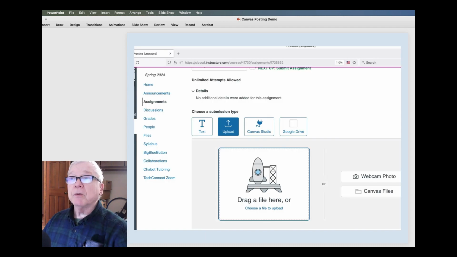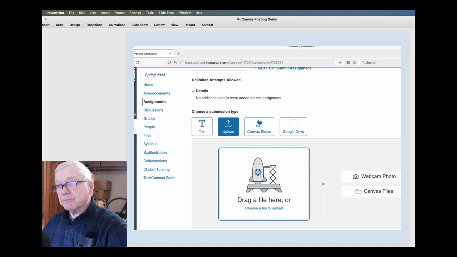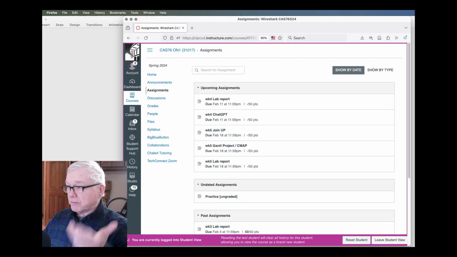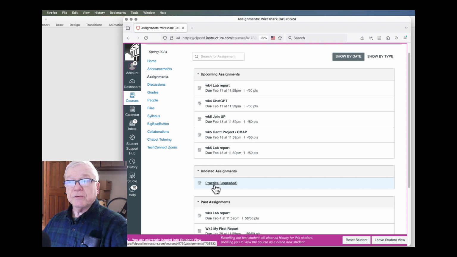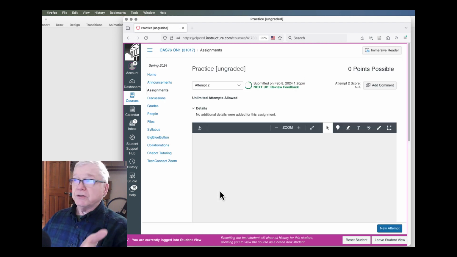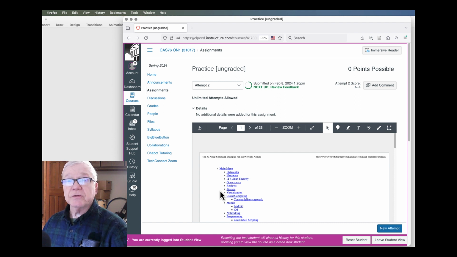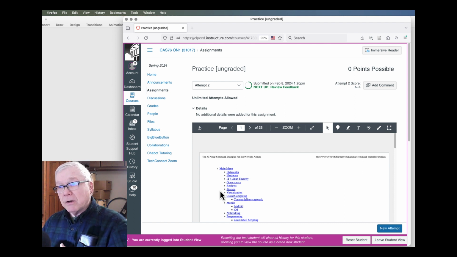So first, uploading a file as a submission. So I'm over here logged into Canvas. I'm using the student view, so I'm seeing, okay, here's the practice site, ungraded. Nobody's used this yet, which I'm kind of surprised at because some folks have had trouble doing some things, and obviously there's a lot of information there on the Chabot website under student information for Canvas. And the reason this practice site is here is to say, well, gee, I had trouble submitting it. Let me go to the practice site and try that out and see if I can figure out what went wrong. I already put a couple attempts in there.